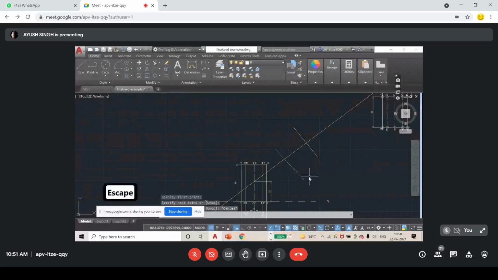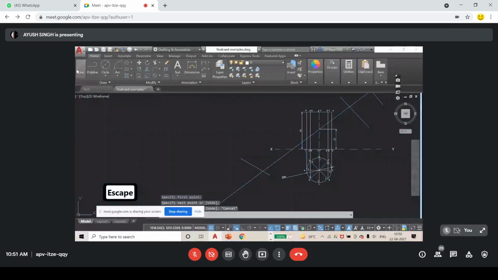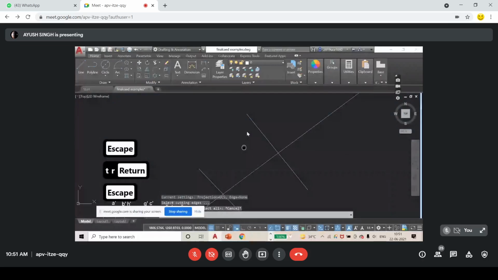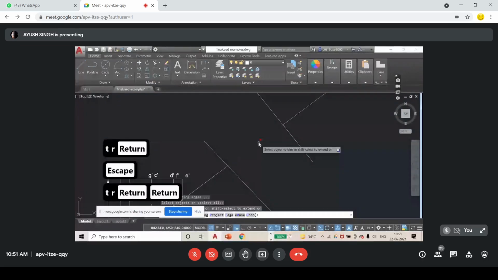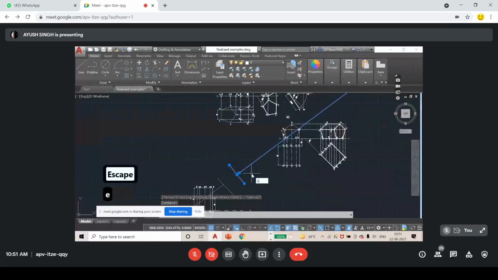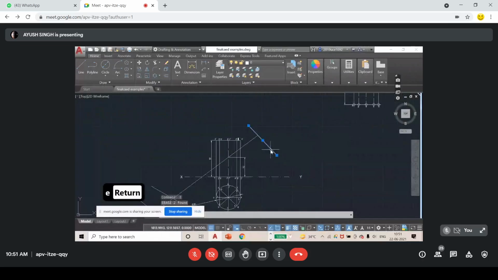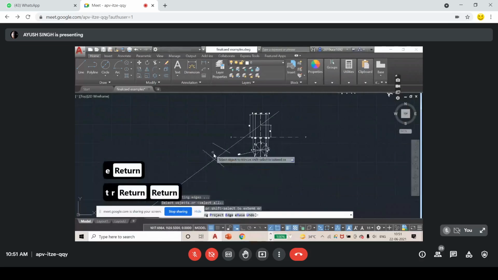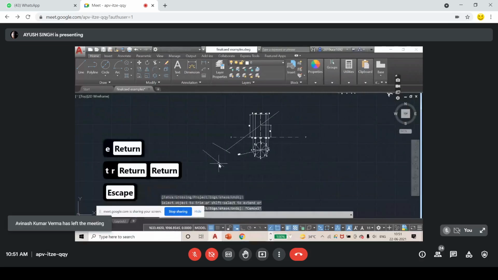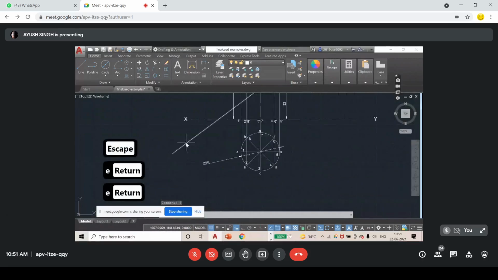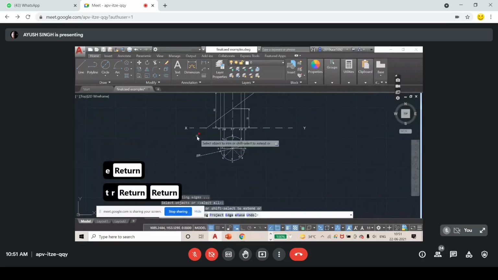I have separated it so that I can delete it, because it is crossing this, so it will not trim. You see that? That's why I drew these two lines. Here I can trim easily, this and this. This I can delete. This is my section line. You can also trim it.